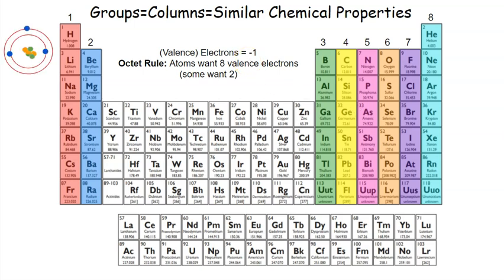So let's look at lithium here. Here's lithium right here. Lithium has 1 valence electron right here in the outermost energy level. It has 2 options. It can lose that electron, so it can lose that valence electron, or it can gain 7 valence electrons. It's going to take the easiest route, which means it's going to deal with the fewest amount